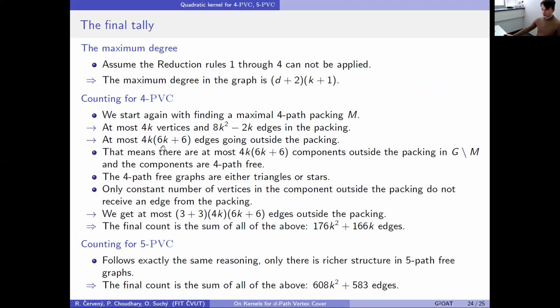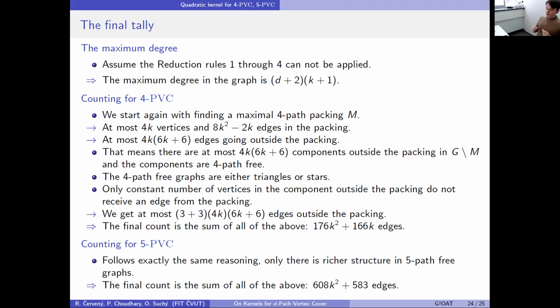It's something like 4k times the maximum degree, right? So that means that there are k-squared components outside the packing, and all of these components are 4-path free. The 4-path free graphs can be described as of 2 types. They are either triangles or stars, and the stars, like single vertex is a 0 star, single edge is 1 star, and so on and so on. So there are only these 2 types, and we can show